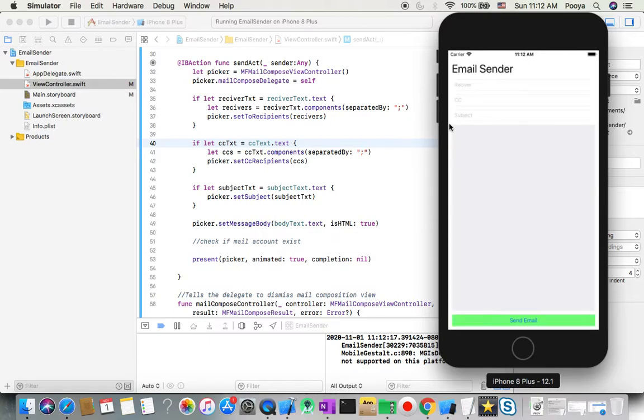We can edit this and change it. Okay, here I'll just say test@test.com, and I separate that with test1@test.com, and CC, just say t1@test.com, separated with t2@test.com, and subject